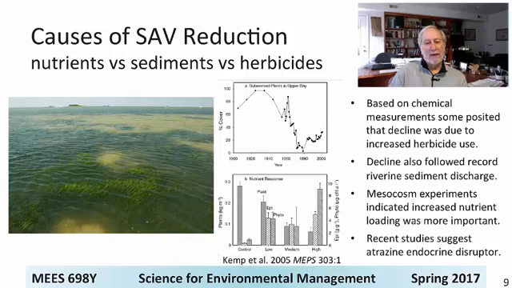Now, some scientists thought the reduction was really related to the advent and expanded use of herbicides in agriculture. Obviously, herbicides are there to kill plants, and so the runoff of these herbicides that we could measure was seen as a culprit. Others thought it was the sediment input from the rivers that had increased and made the water cloudy. But this research, led by Michael Kemp and company, really demonstrated the role of nutrient over-enrichment, here showing experiments in ponds at Horn Point,